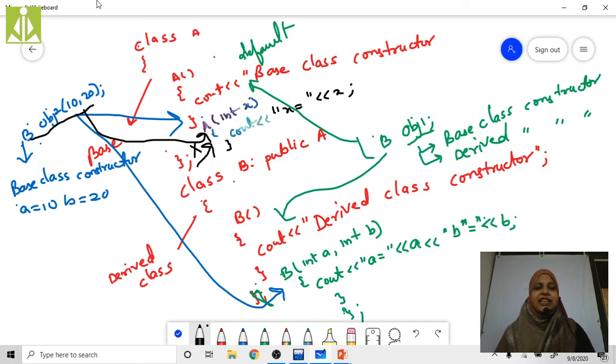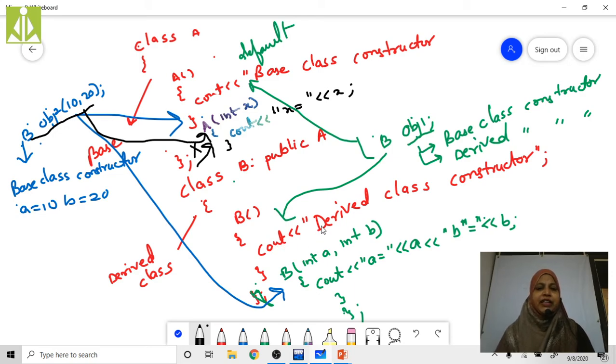First point: in inheritance, class A is the base class and class B is the derived class. Whenever the object of the derived class is created, automatically the default constructor of its base class is invoked, and only then the default constructor of the derived class is invoked.